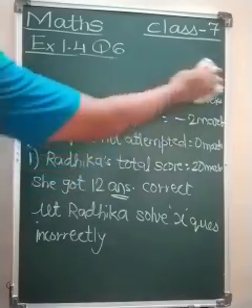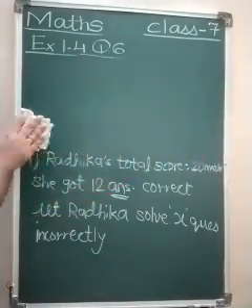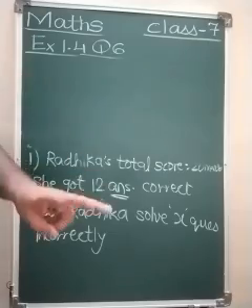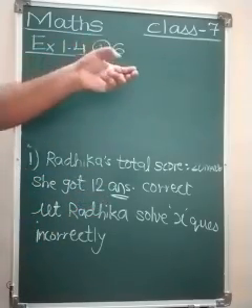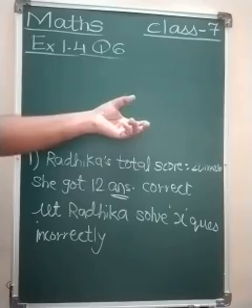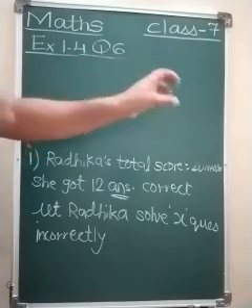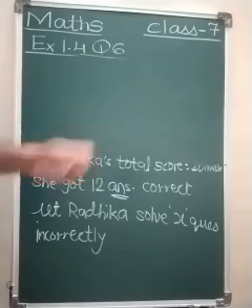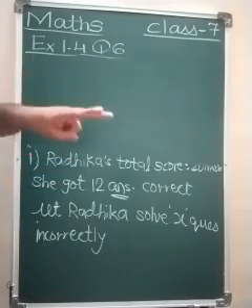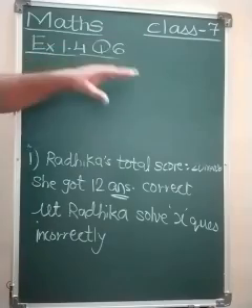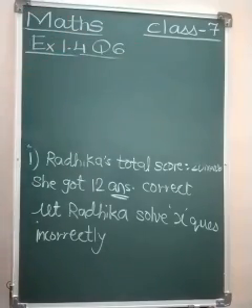Now, do you remember what we had done in the sum when we solved exercise 1.3? First, we calculated the marks for correct questions separately. Then we calculated the negative marking the student got for the wrong answers, and then we added them up and got the total marks. Now here, we did the total thing in one step only. So here also we are going to follow the same step. So let Radhika solve X questions incorrectly.